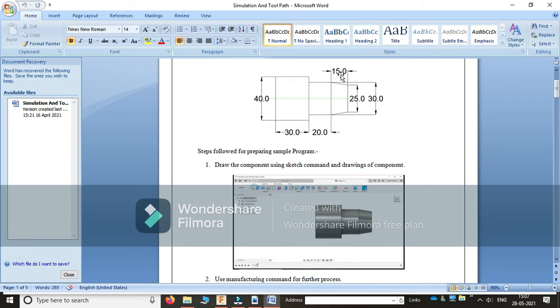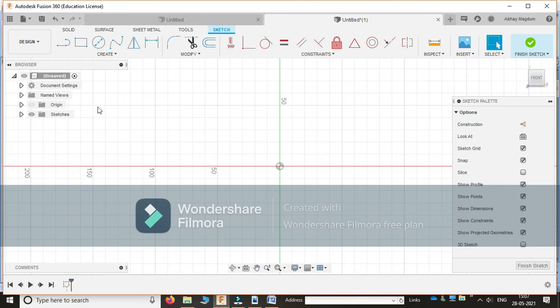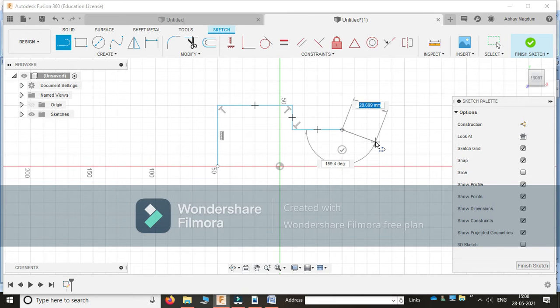According to these dimensions, we first draw the component by using the different line commands, as per the given dimensions.